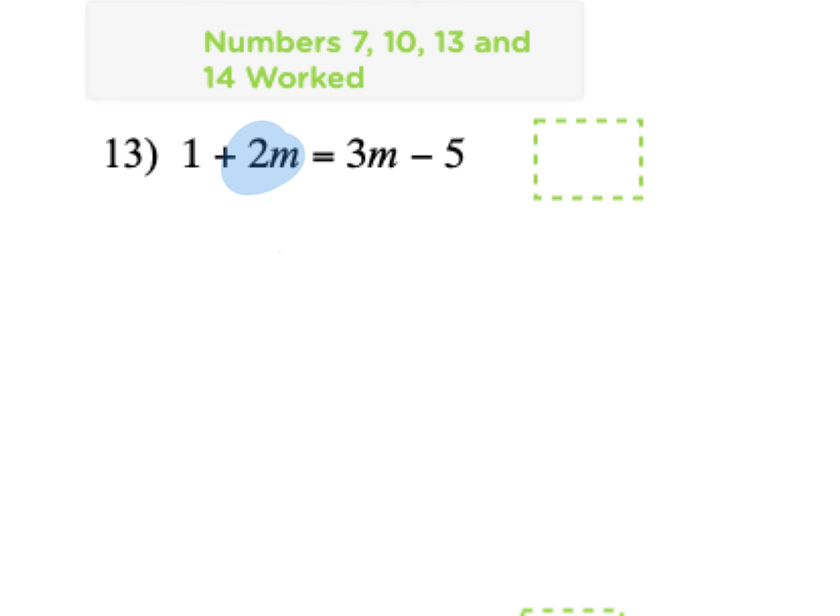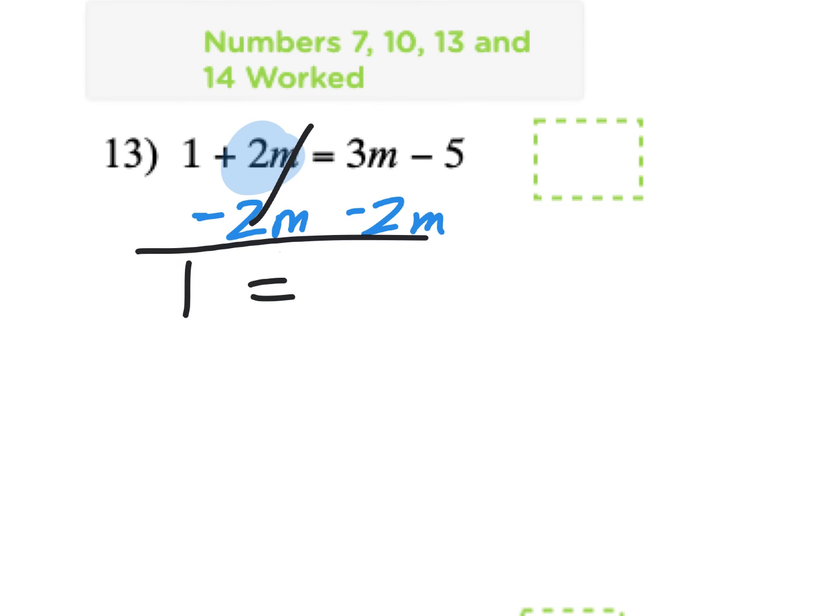And when I was in your shoes, I used to make a lot of mistakes with my negatives. So even though you can start off by canceling out whatever you want, I'll typically start with the smaller variable. Yes, ma'am, you can do it on dry erase boards or something. It's fine. Okay, so if you subtract 2m from both sides, that'll leave you with 1m, which is really just the same thing as an m, minus 5. And then I'm just going to cancel out that minus 5 with a plus 5